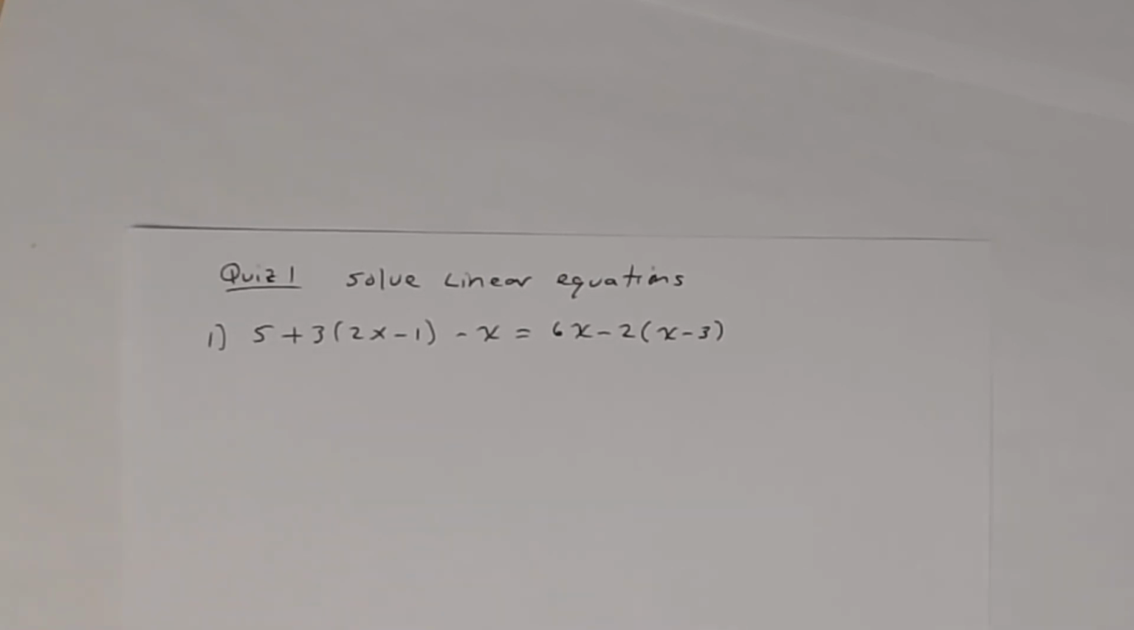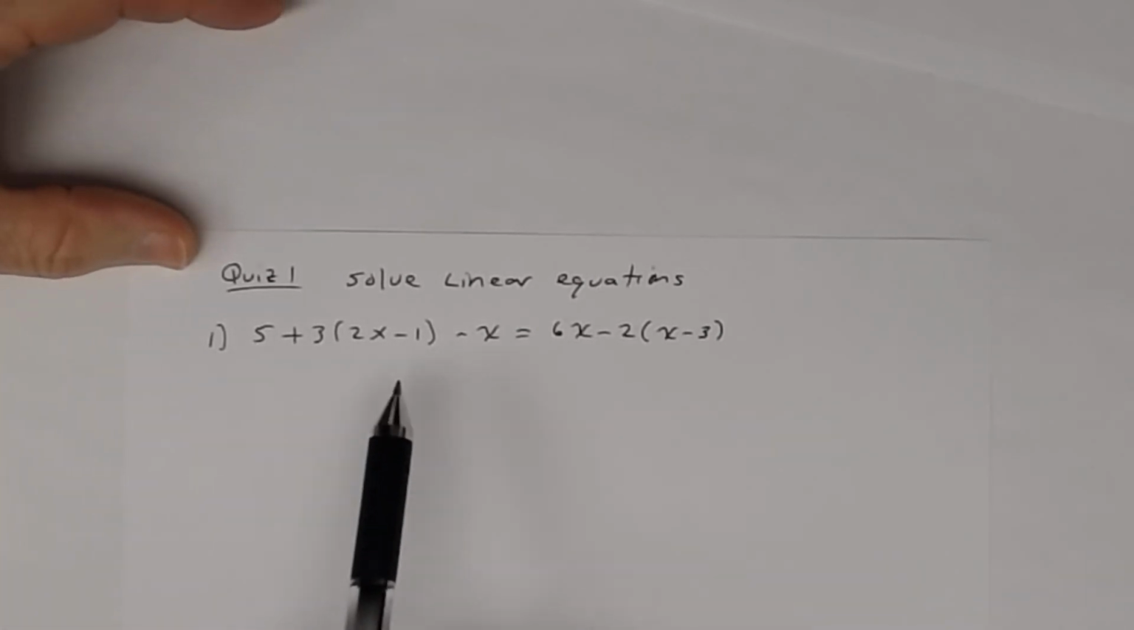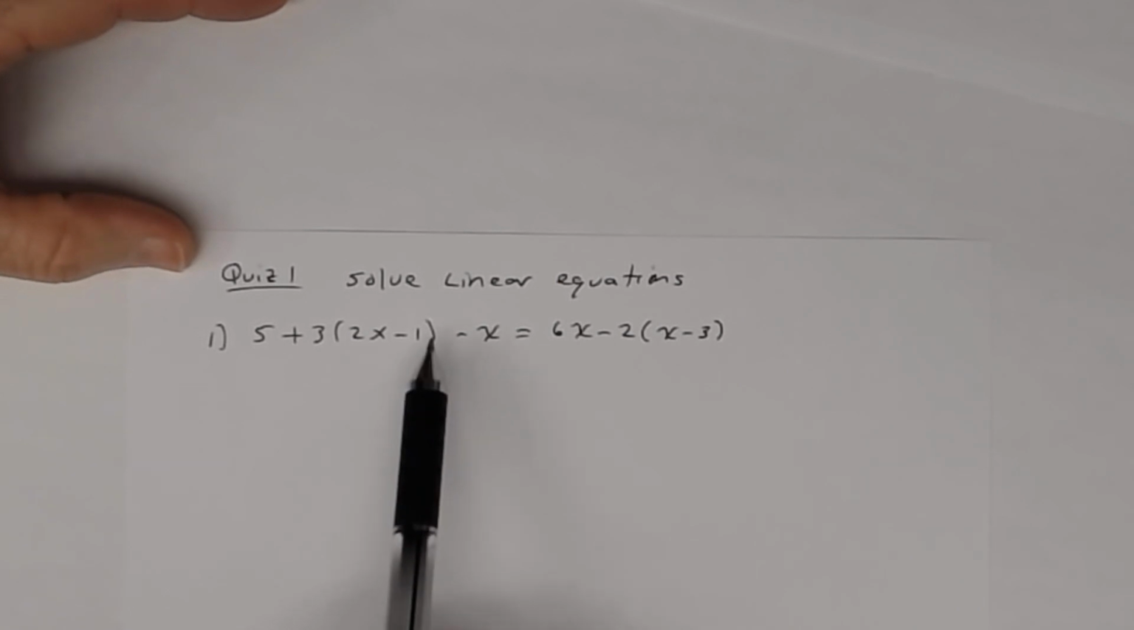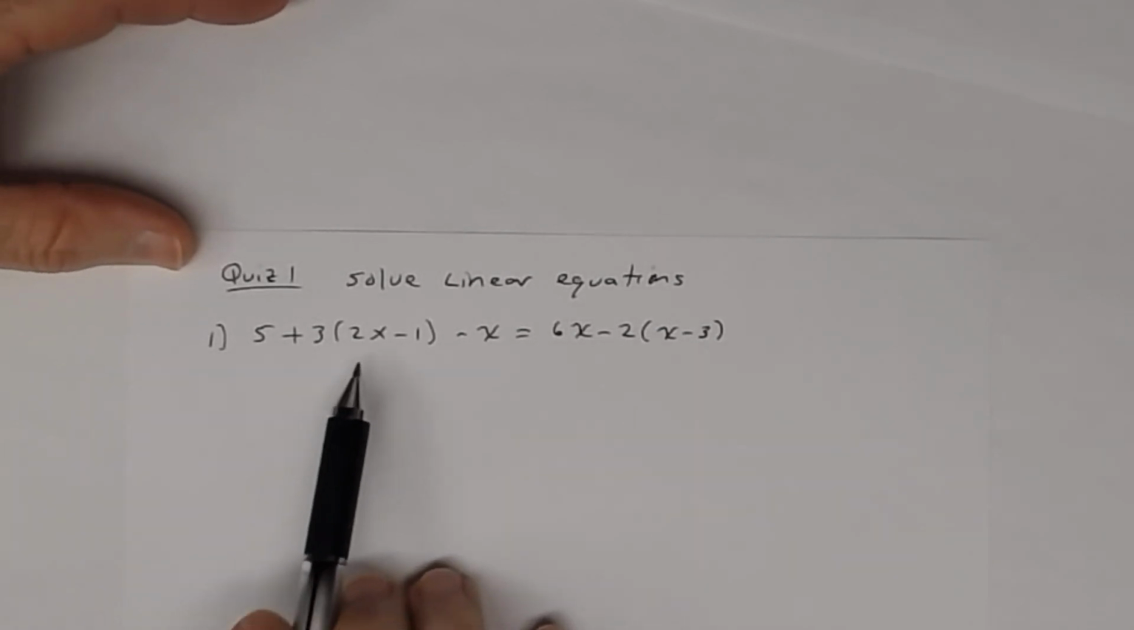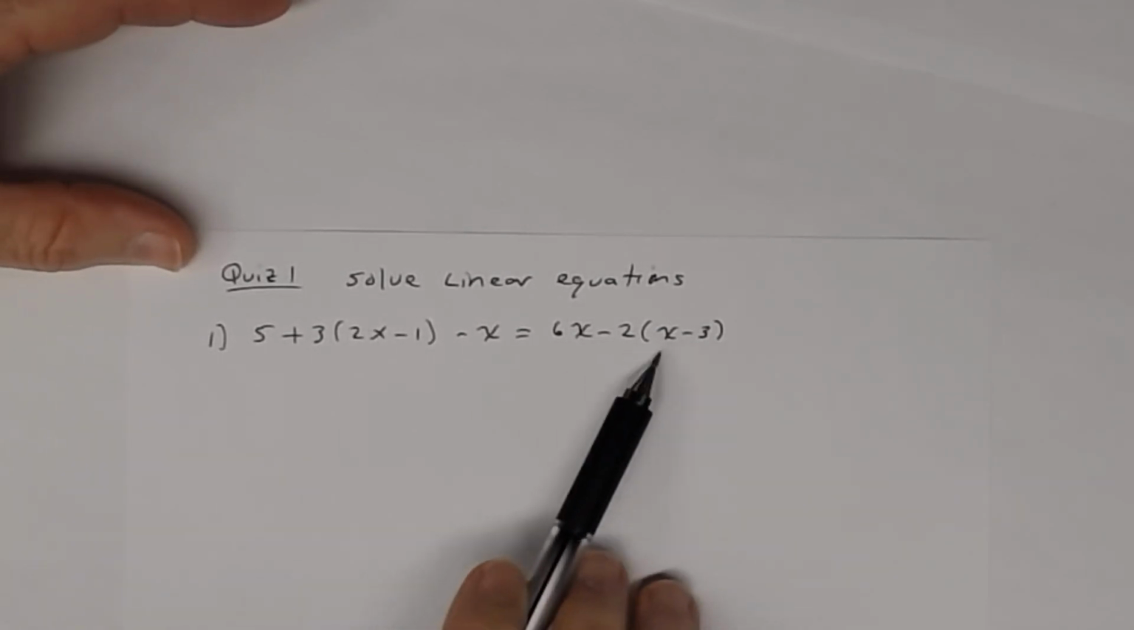This is the key to quiz number 1, which was on solving linear equations. If you look at number 1, we have this linear equation, and there are parentheses involved. There's a parentheses on this side and a parentheses on this side. So remember, the approach you want to take here is that you want to remove the parentheses, and you're going